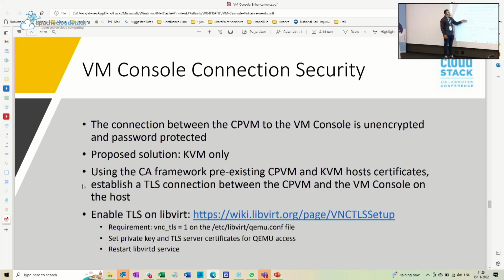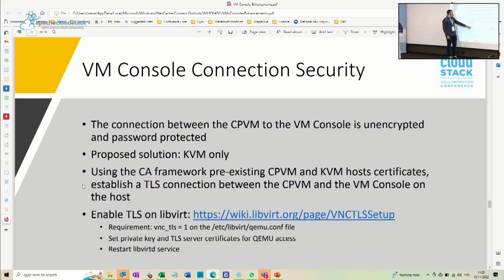So when a CPVM requests connection to a host to get the VM, the client in that connection, which will be the CPVM, needs to present the certificates to the host, right? And to let the host know that it should use those certificates to compare them and to allow the connection,